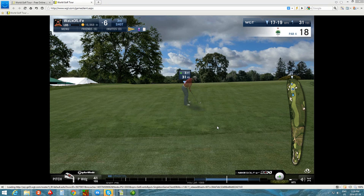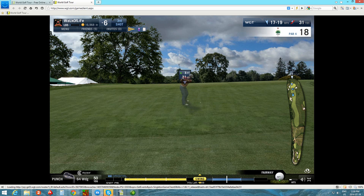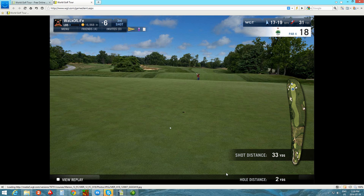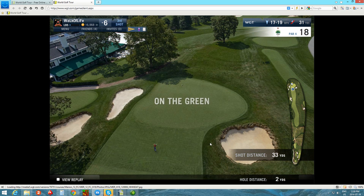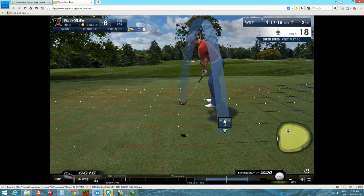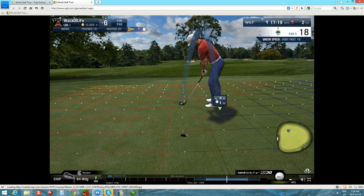So 31, and then probably about 35, 36. So punch. 36. Might even go 37 actually. 36, 81%. So go a little bit more than that. A little bit there. Oh wow, too much. 2 yards long. Should have stuck with that in 4 and played it 35. That was my initial thought, but I'm still not sure about punches, exactly how much to allow for wind from those distances. It's something I've been kind of lazy about, so